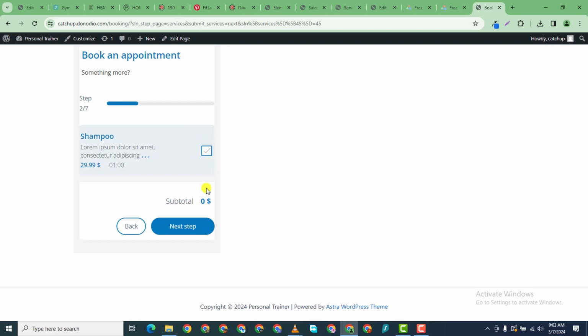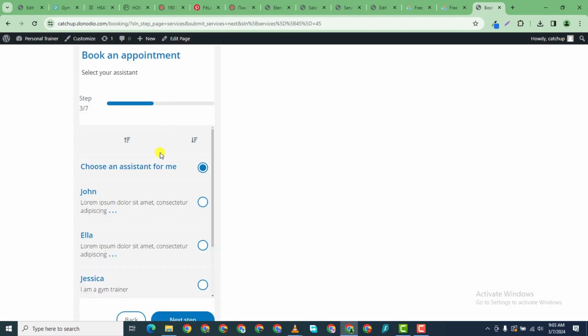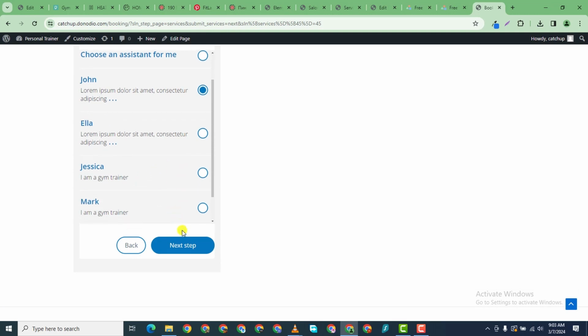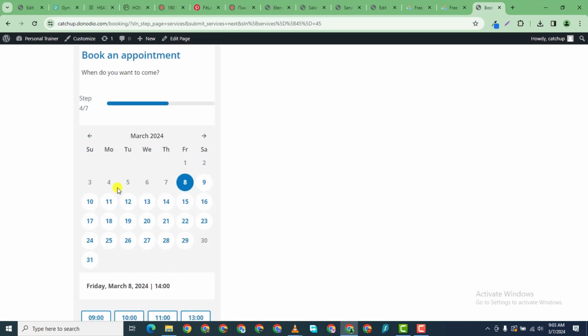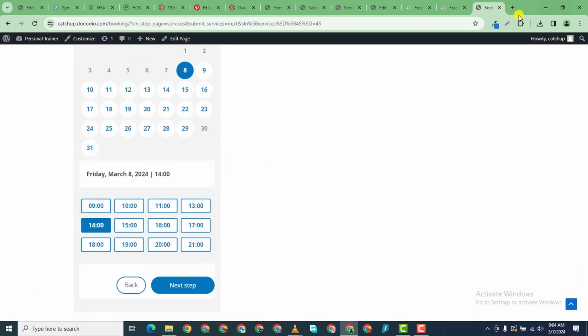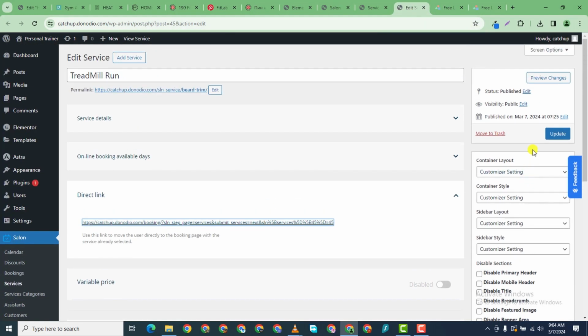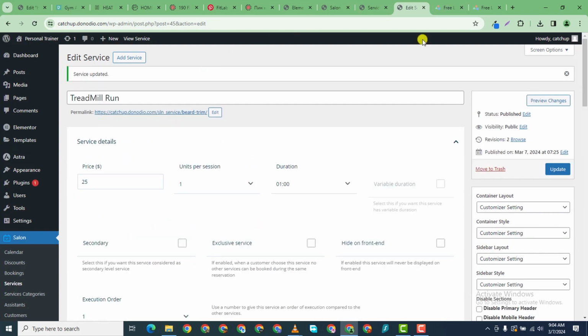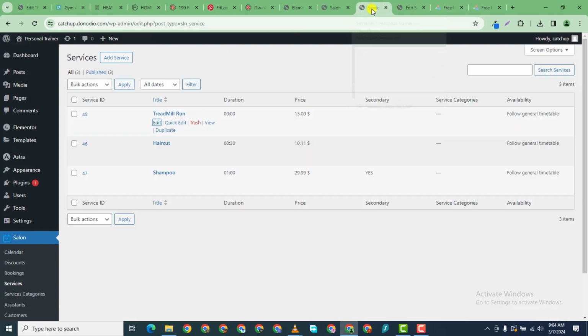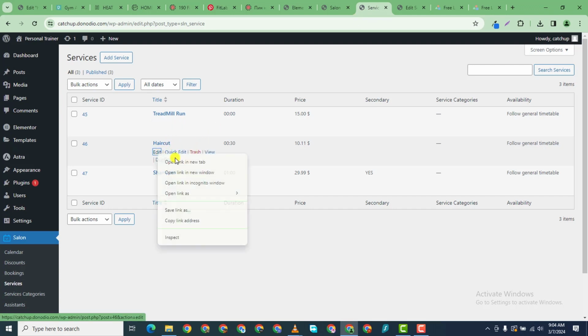If they want to add another service, they can add this. If they add this, you see the price increases. I just go to next step, choose an assistant. You can see they can choose John for this next step, and then they can choose their date and go ahead. Now let's not get ahead of ourselves, so we click on update, and then we can edit this too